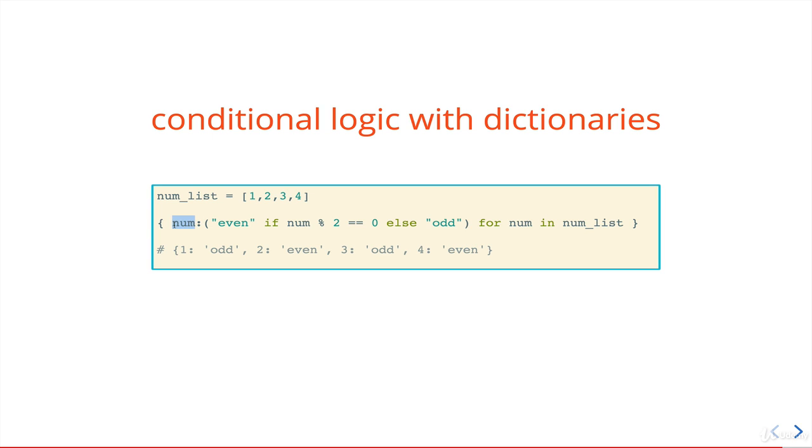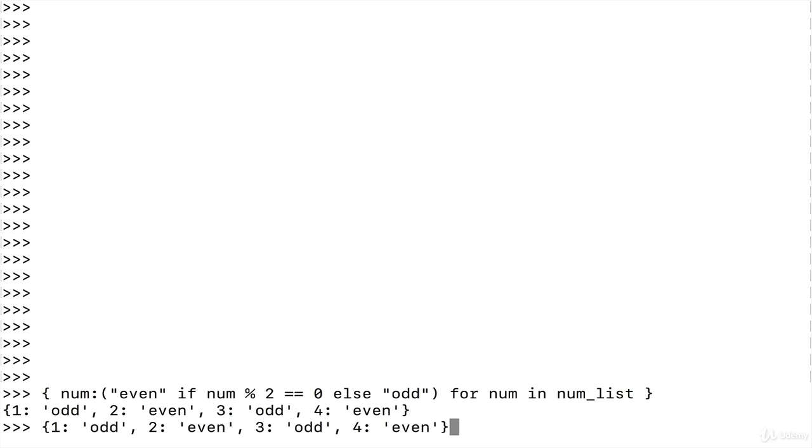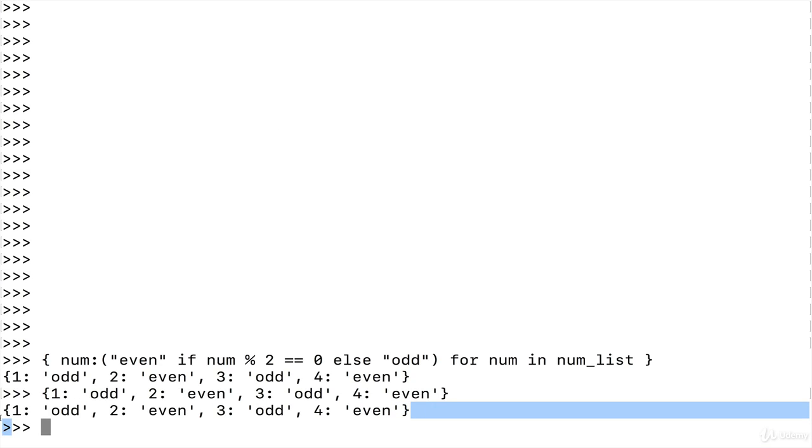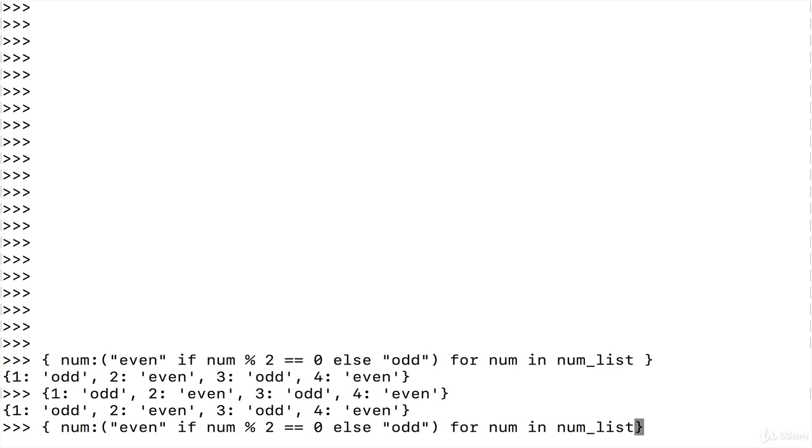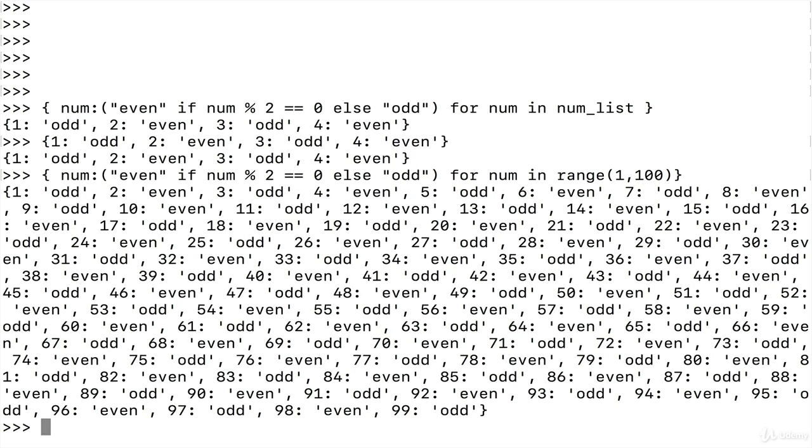We could do something else here, but we'll just leave it at num colon, and then even if num mod 2 is equal to 0, else odd. So we're going to set the corresponding value to be even if it's even, no remainder when we divide by 2, otherwise set it to be odd. So let's check it out. And if I paste it in, there we go, I get 1 odd, 2 even, and actually we could even do this instead of for number in num_list, let's do a range from 1 to 100, and we get